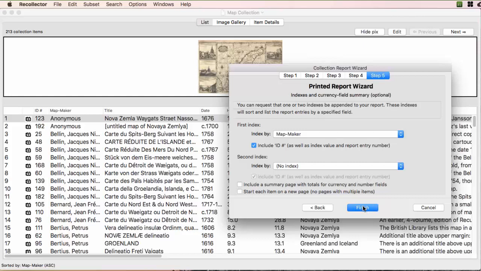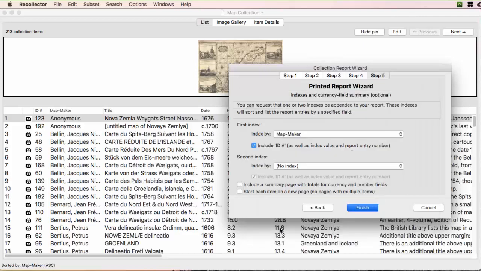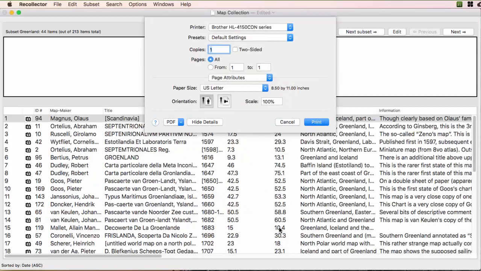Okay, we're just about ready to take a look at the report. But before we run the full report, it might be nice to look at a single page as a sample, just to make sure that the choices we've made generate a report that looks like what we want. So to do that, I'll turn on this Test Run Only checkbox and then click Generate Report. And at this point,